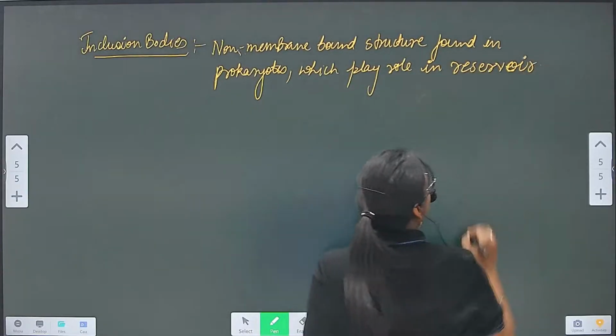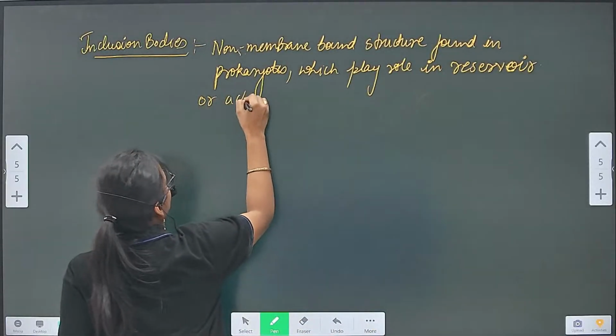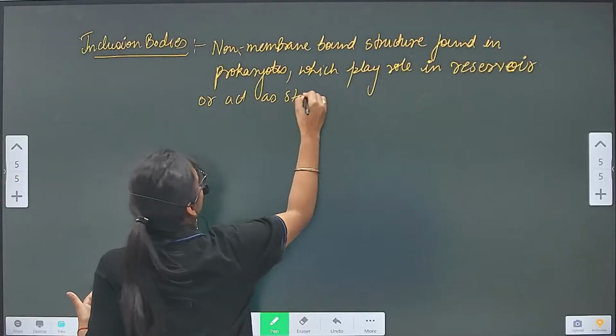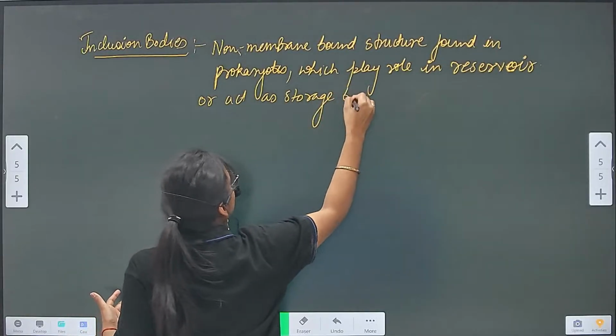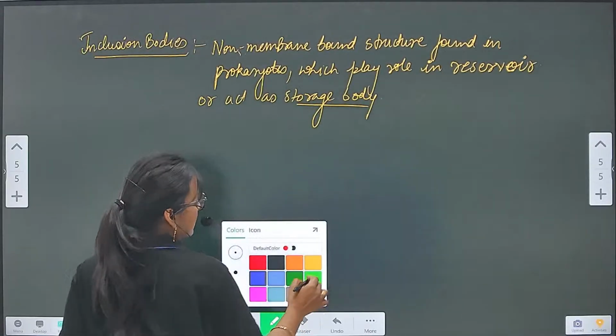It acts as a storage body, right? Storage of what? It can be